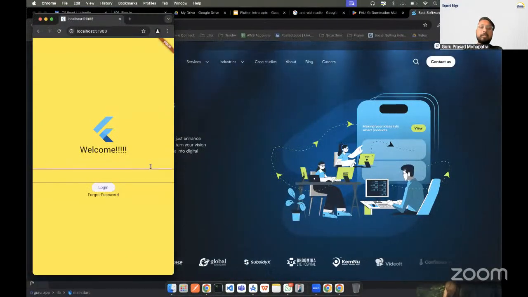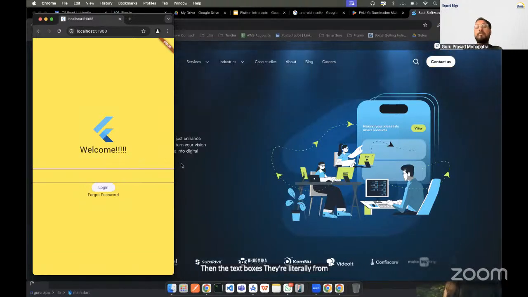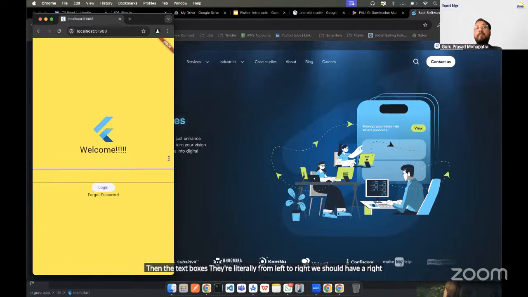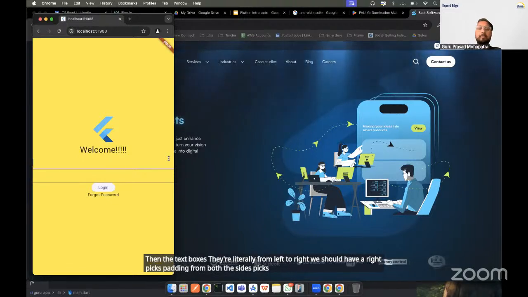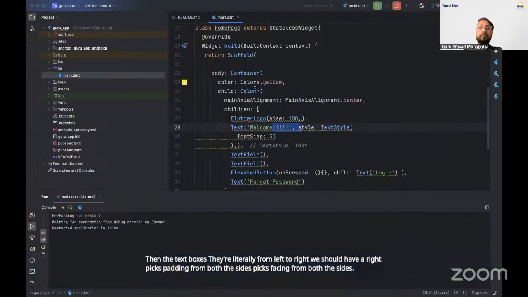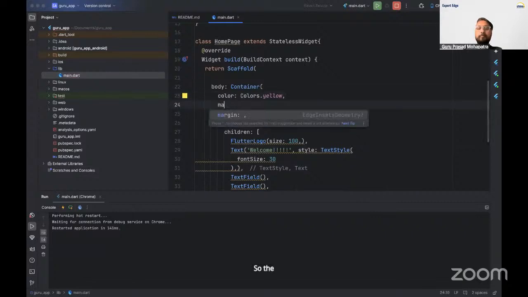Then the text boxes. They're literally going from left to right. We should have fixed spacing from both sides. So in the container, there is a term called padding.